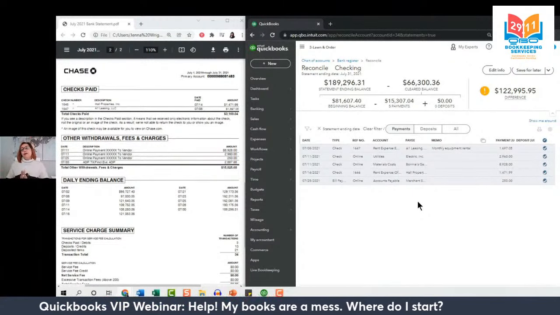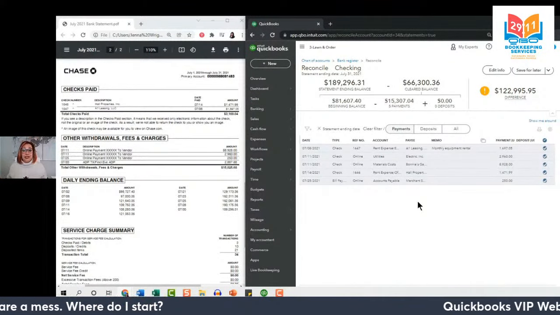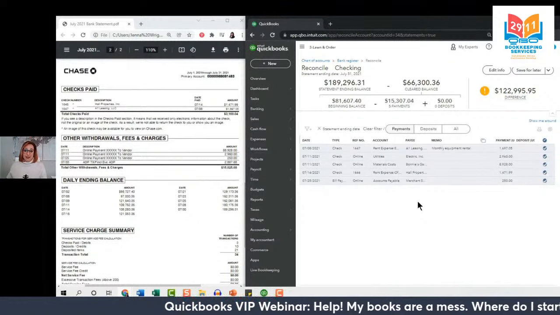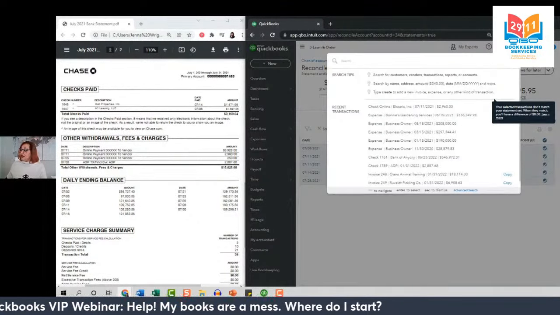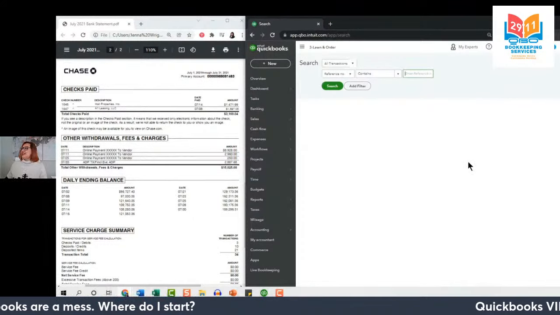So we know what we need to do when we see something on the bank statement that hasn't been entered into QuickBooks. Let's dig in. Let's search around and see if potentially we've edited it, we've deleted it, we've entered it. What's happened with it? Best thing that we can do is select the magnifying glass icon and go down to the advanced search. We'll come right back to reconciliation.